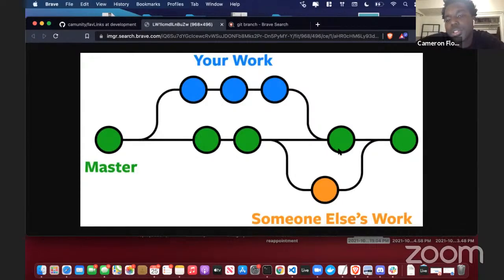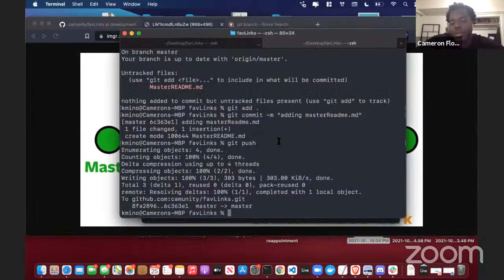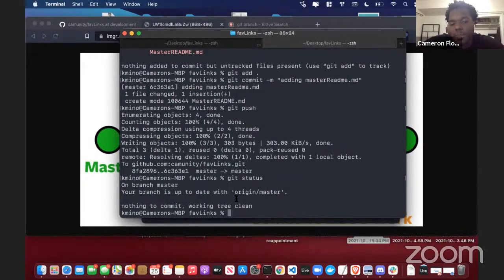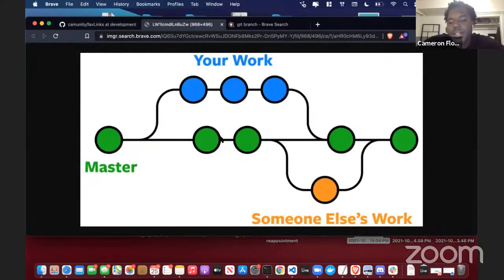So in order to do that, I'm saying take all the changes from development and merge them into master. The syntax you would use to write that in the terminal would be, first, you have to make sure you're on the branch you want to be on. I'm on master, meaning I'm on the green branch now. So now that I'm on that branch,